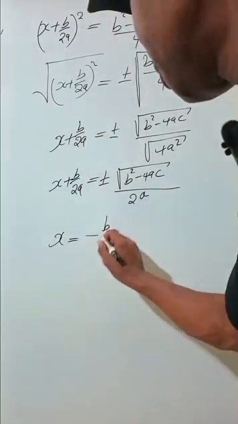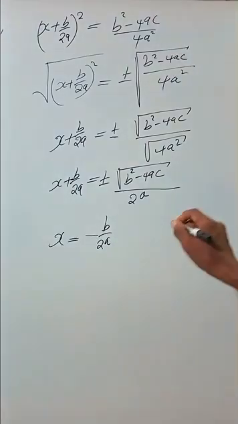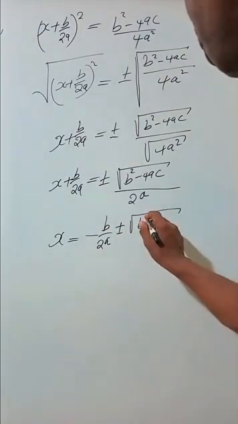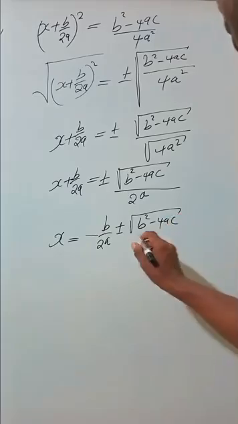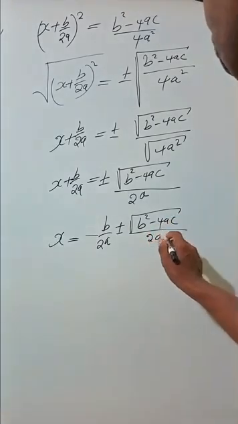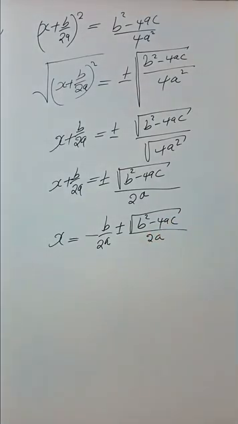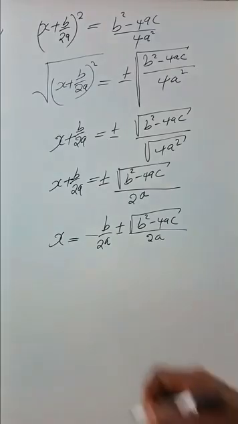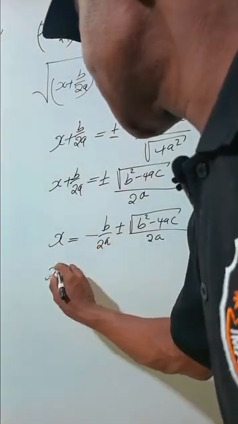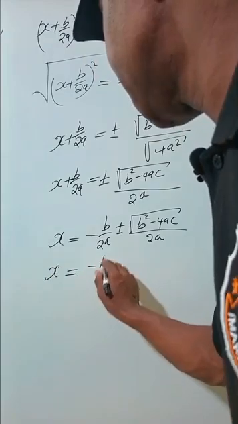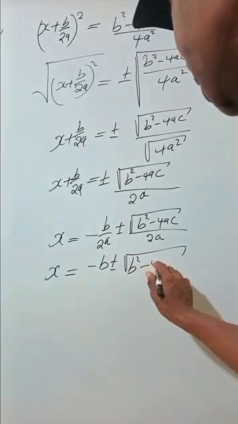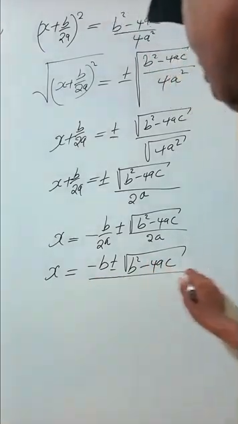So it will be negative b over 2a, then plus or minus the square root of b squared minus 4ac divided by 2a. Now we have two similar fractions, with the same denominator, 2a. So we can combine the two by saying that x is equal to negative b plus or minus the square root of b squared minus 4ac all over